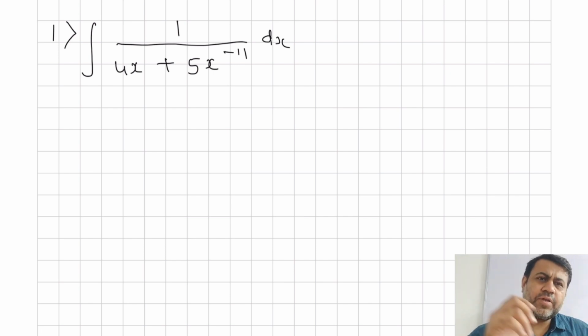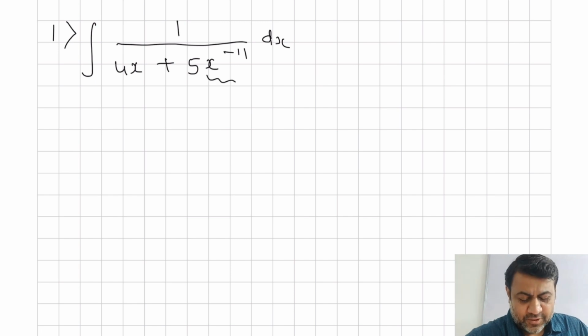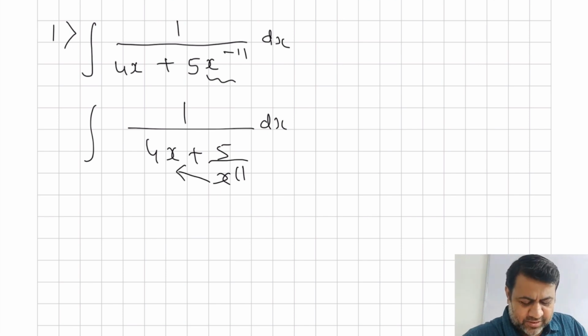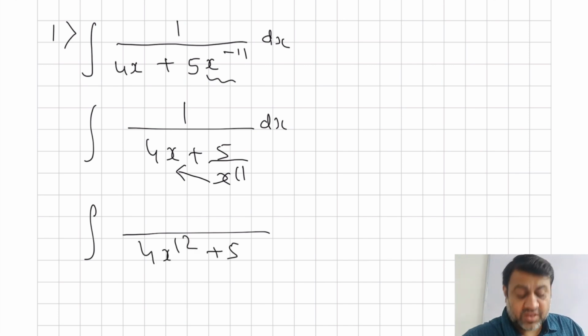So there is nothing that can be done directly here, and there is x power minus 11. I always keep on saying this to children that we hate negative. So the first thing is, can I do something with the negative power? This negative power is not going to help me anywhere, right? So I just make it positive power. So I write (4x plus 5) upon x power 11. Now can we do something? If I just cross multiply and simplify, x and x power 11 will give me x power 12 plus 5, everything divided by x power 11.